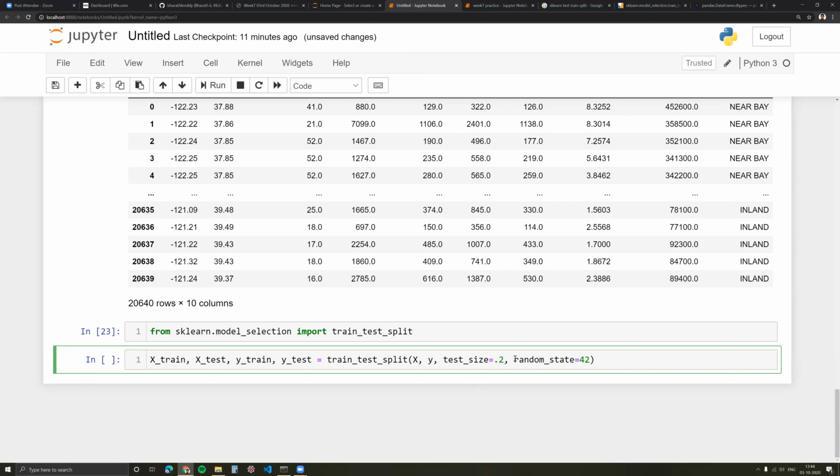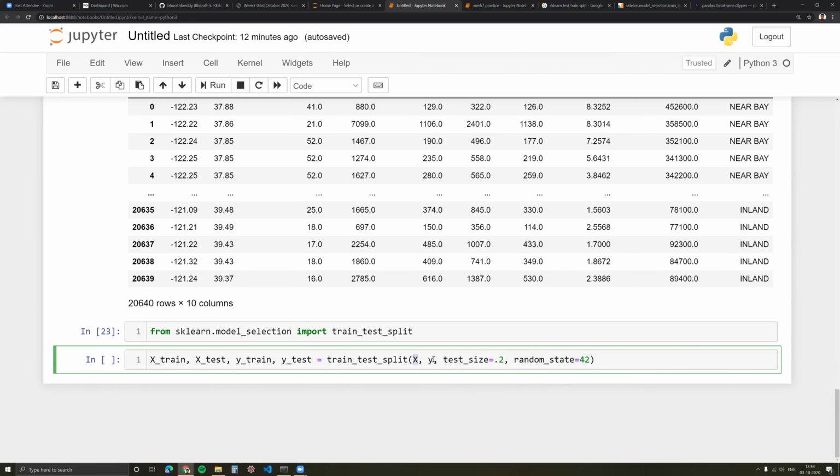I have to specify random state for repeatability so that it's not totally random. I can repeat it every time. If you also use the same random state as I have used, then your results and my results would match. If I remove this, every time I run, the train test split would change because it's random in nature. Here also it's random, but there is a method to that randomness. That's why we specify random state.